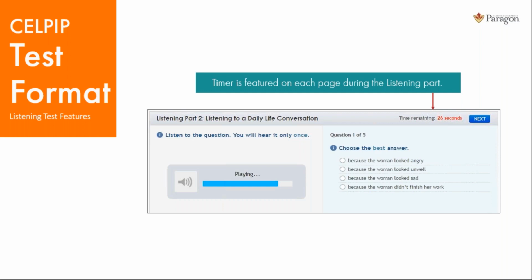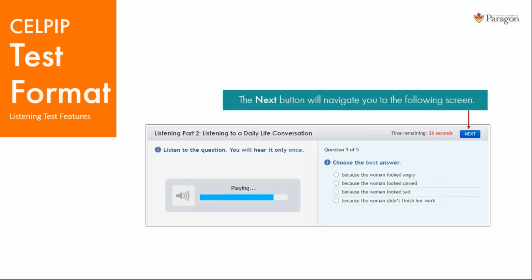If you do finish early, though, you can click this next button. Maybe you're satisfied with your answer and you really want to move forward, and you can do that. Just remember, you can't go back, so you have to be sure that you're ready. Also, you don't save any of that time. You can't use that time for another question. So really, there's no reason to use the next button other than you just don't want to look at the